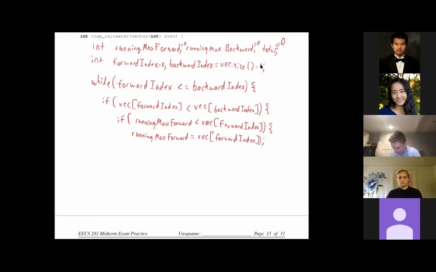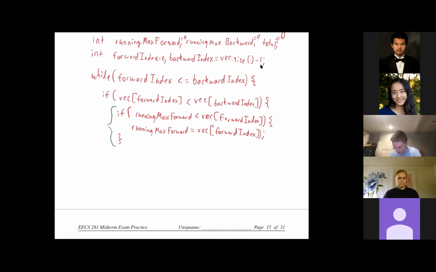And alternatively, what you could do is reduce these two lines down to one line. I'm going to change the colors for that. If you want to save lines, what you could do is say